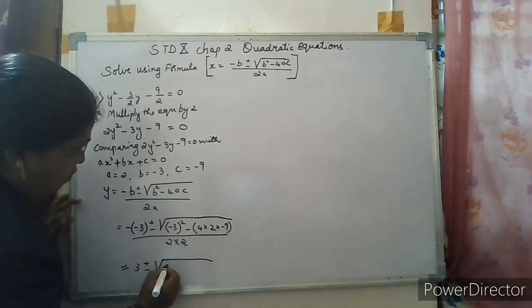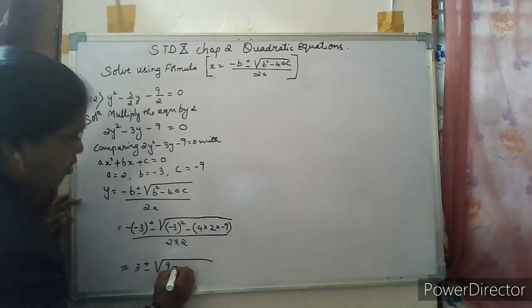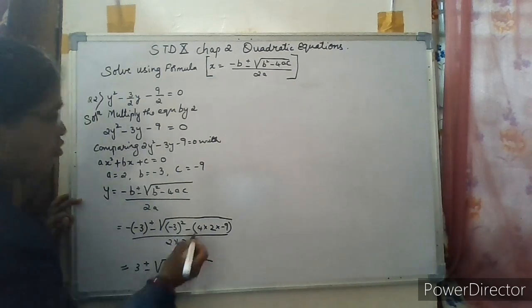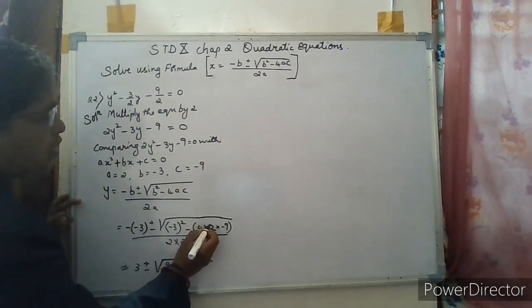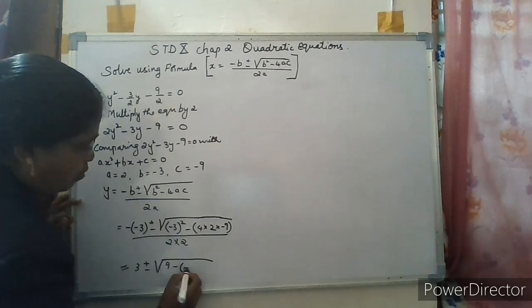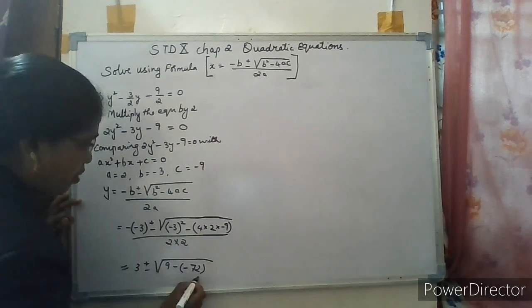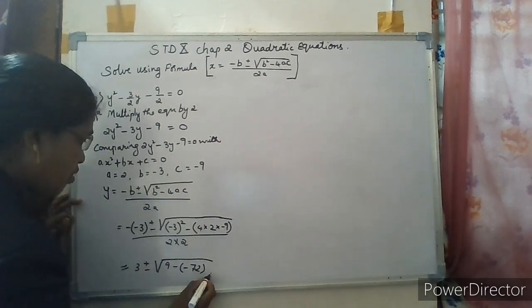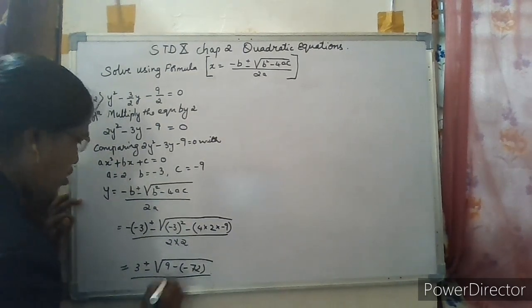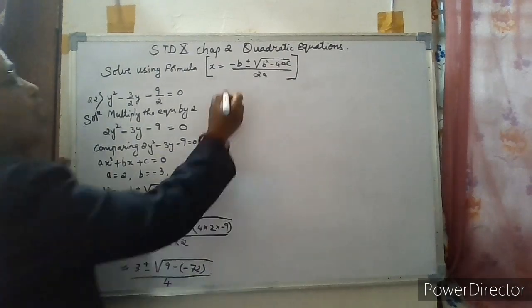Minus 3 square will give you 9. Minus, in the bracket you solve first. 4 2s are 8, 8 9s are 72, but minus 72 because here minus sign is there. Upon this whole thing upon 4. Now